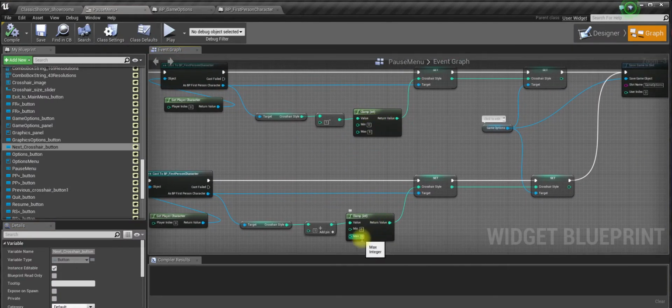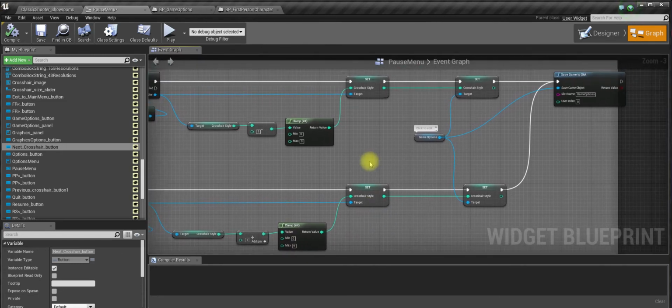We clamp the value from 0 to 9, and then